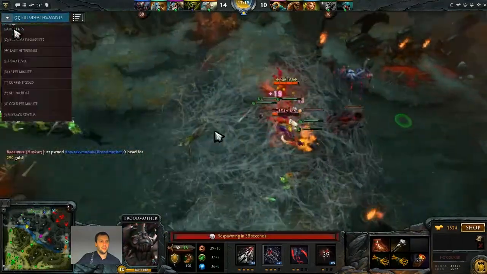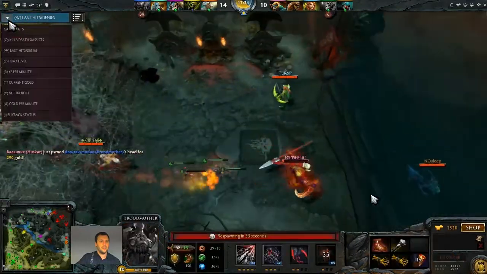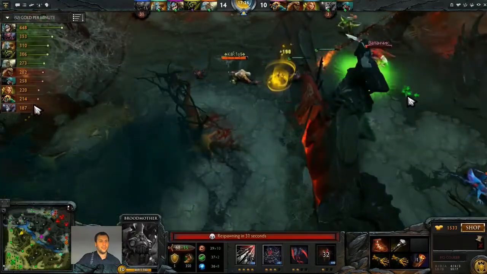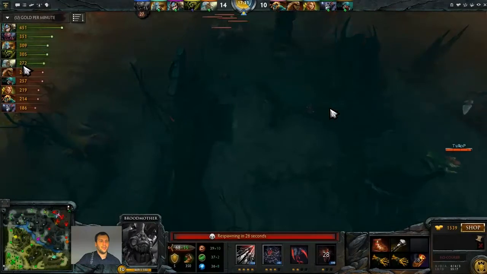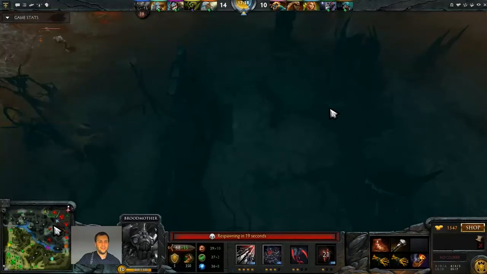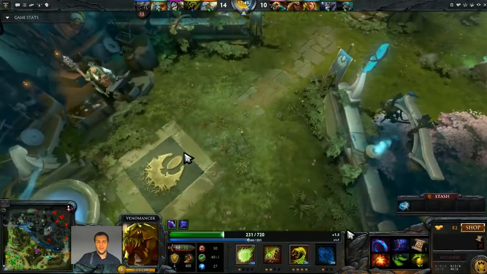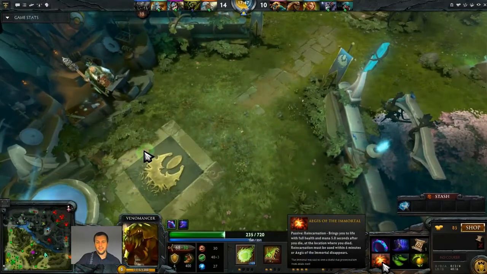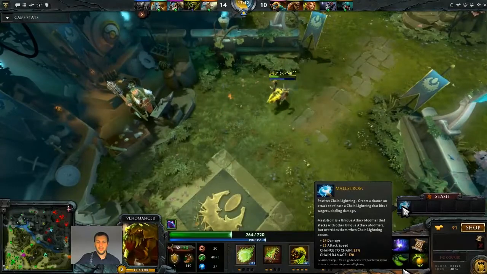Yeah, I could probably add. This doesn't even matter. This matters a little bit, and this is the one that actually matters. So yeah, we are currently ahead with the entire team, so the worst on our team is better than the best on their team. And that is quite significant. It also means that they are really in some trouble. So this guy hasn't died yet. The Aegis of the Immortal is still there. He's going for a Maelstrom, which